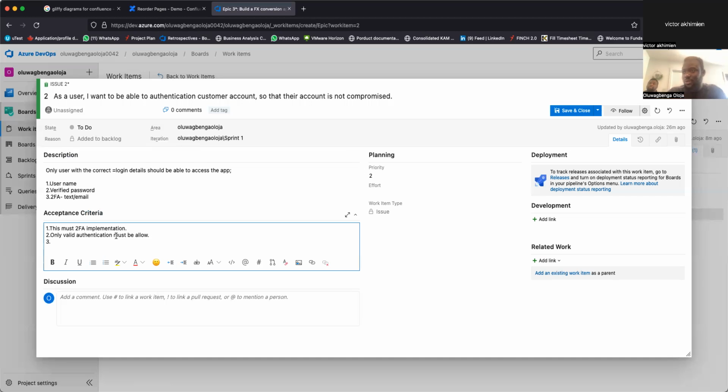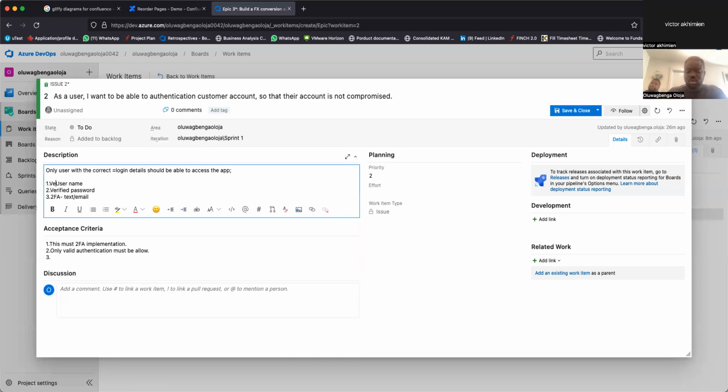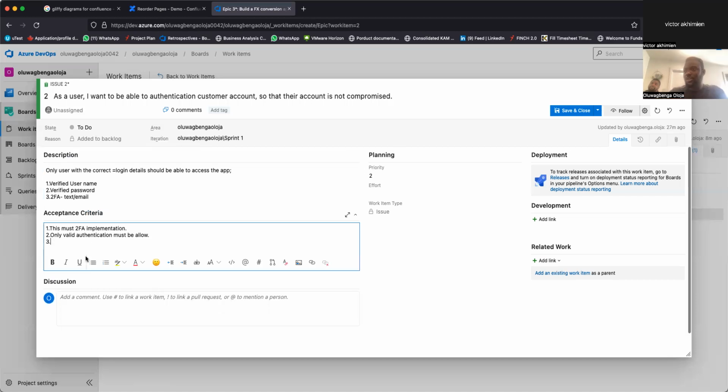Only valid authentication. And we say authentication is our username, verified password. What else can be? We can write it again for emphasis in different language. One of the criteria is that it logs you out automatically after inactivity for 60 minutes. Thank you. Session inactivity expiration. So an inactive session should log you out, because this is a very good feature.